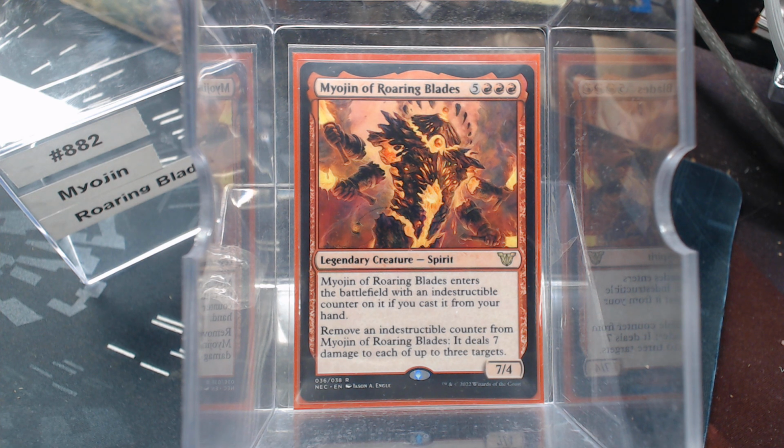Today, in deck number 882, we're going to talk about the first of the Myojins. Well, not the first that they made, but the first I've covered. The Myojin of Roaring Blades. Now, these were commander cards in Kamigawa Neon Dynasty that were not found in commander decks. Yeah, I personally don't think they should do that, or whatever, but